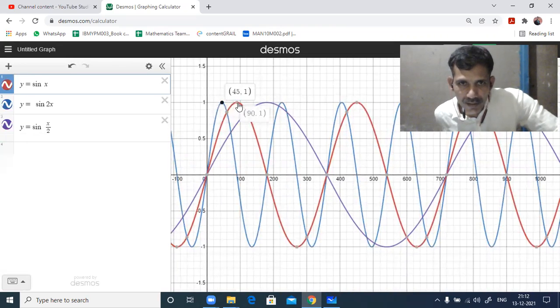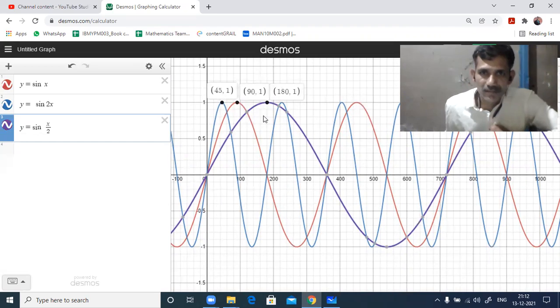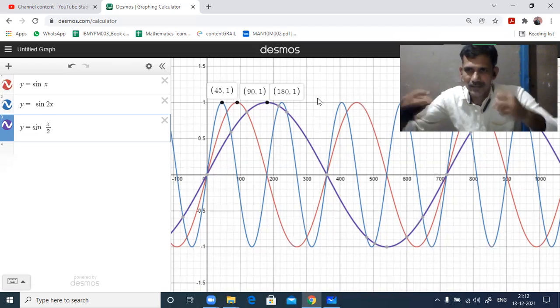Amplitude you see in all the graphs. This is sin x, red color. These blue colors and all, we have changed that angle. When you double, then also the same. Amplitude will be the same, everywhere the same. Y coordinate is the same. Invariant to y axis, you said. It is just stretched like this.